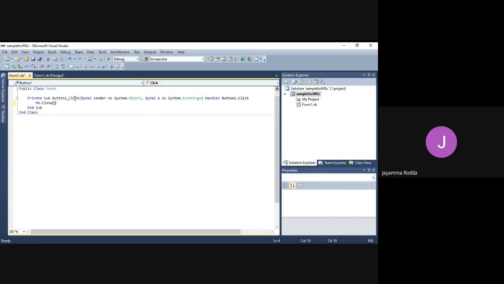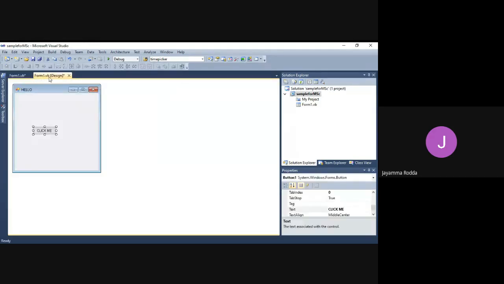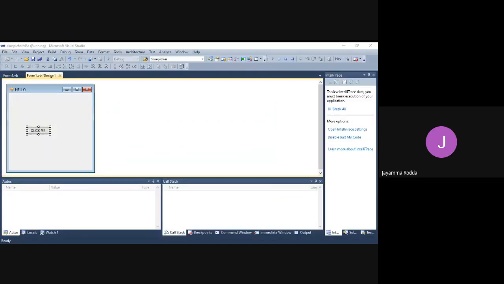This button click is an event. As soon as I click on the button, an event should take place, and it should enable the action to be performed. So I run this application, and when I click this, what happens?